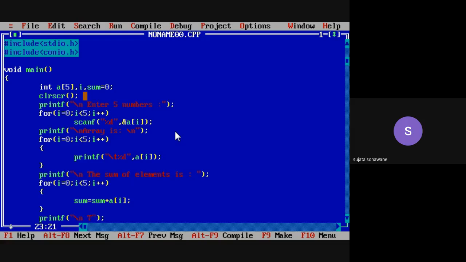So therefore here we write the sum of elements is %d. So %d means which value we should print? The sum value.